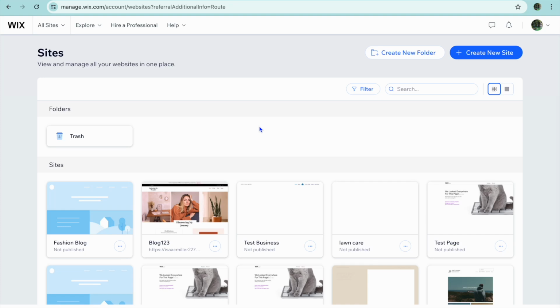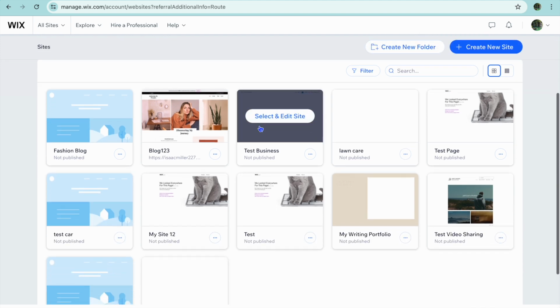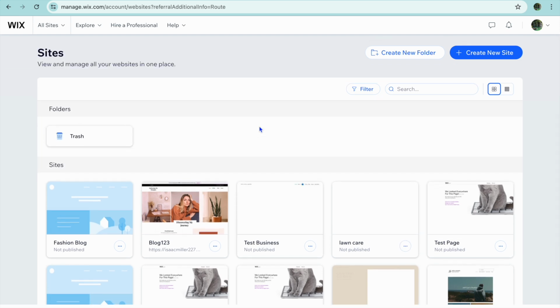In this tutorial, I'll be showing you how to create a food blog website. The platform that we'll be using to create our website is Wix. And the reason why I recommend Wix Website Builder is because you'll be able to create a food blog for completely free. All you'll need to do is go onto wix.com and you can create an account using your email